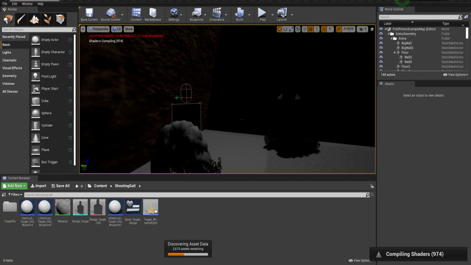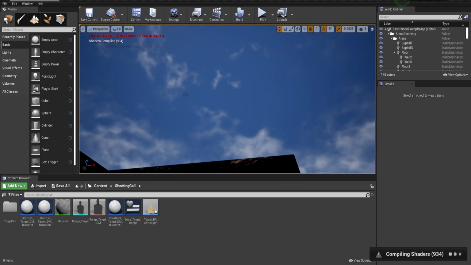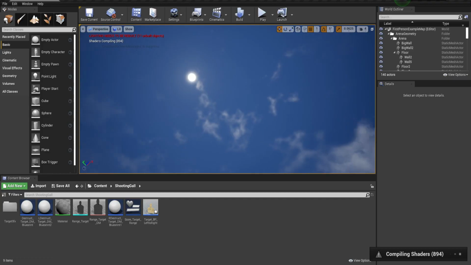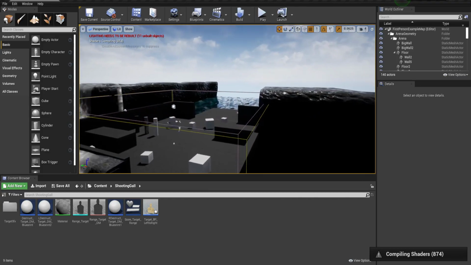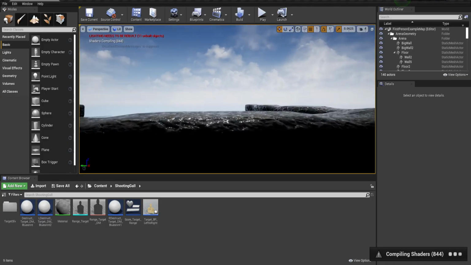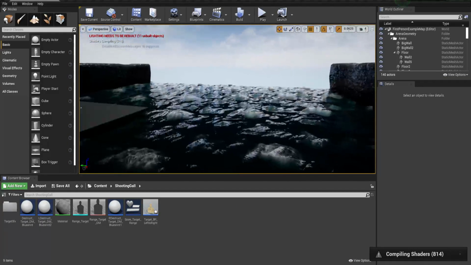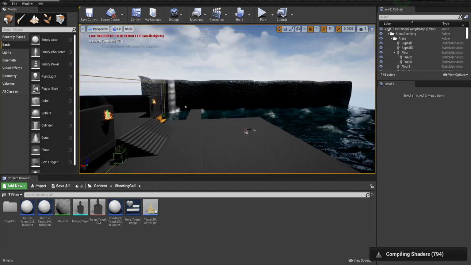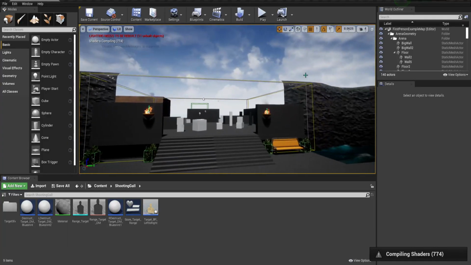Oh, this is definitely the one because I see the target dummies. Yep, okay, so this is definitely the one that we had here. My gameplay. Okay, yeah, this is the one here.